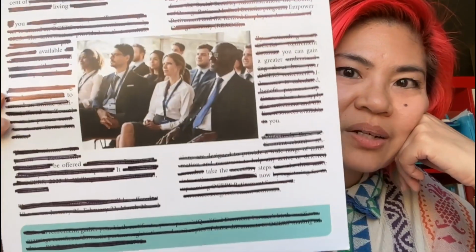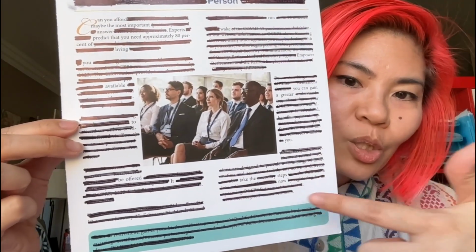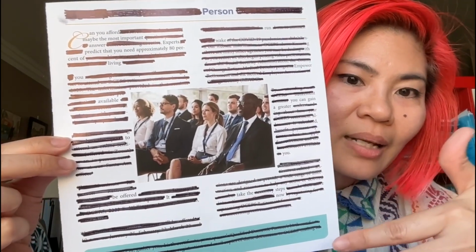For today, because it can take a while to figure out what kind of erasure poem you want to create from the source material you have in hand, I went ahead of time and made two examples of my own erasure poems. The first one, I used a newsletter, like I just mentioned. This newsletter was simply about retirement and the benefits of it, and what you can do to have a better, stable retirement. I took a section of the front of that newsletter. As you can see, this is what I cut out, and I used just a Sharpie black marker to erase